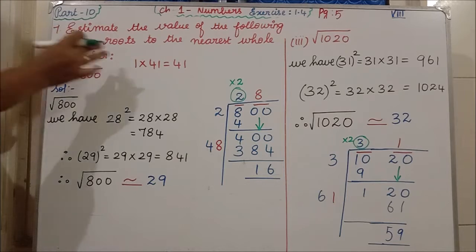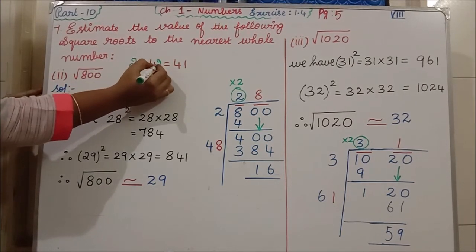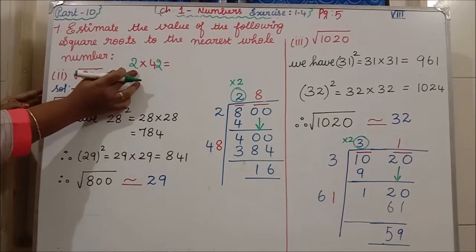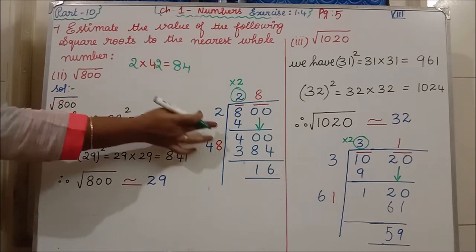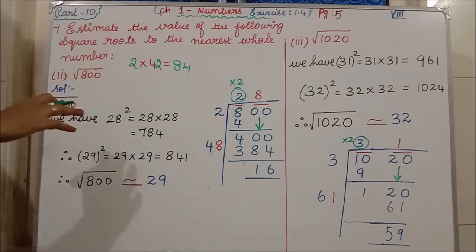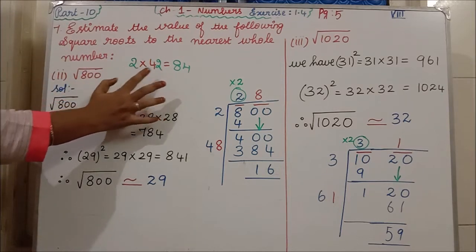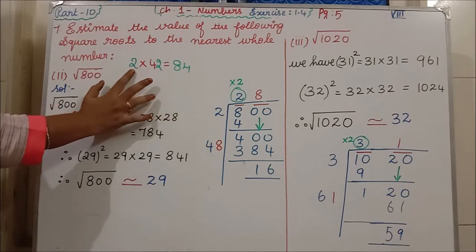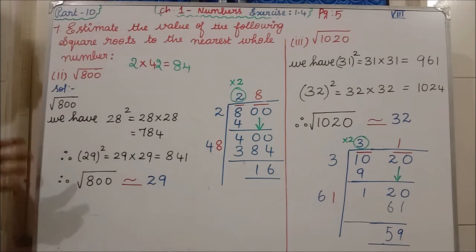So next you are writing here 2, 2. If you write here 2, 2, what number will you get? 2 into 42 is what? 84. That is also a very small number when compared to 400. Like that, you have to try for 3, 3, 4, 4, 5, 5, 6, 6, 7, 7, 8, 8. When I substitute 8 here and 8 here, only then I get the answer 384, near to the number 400. Clear?